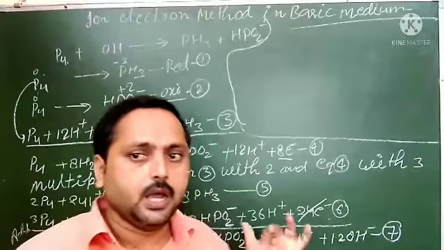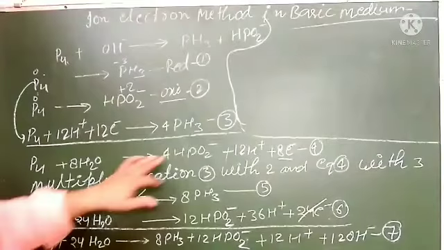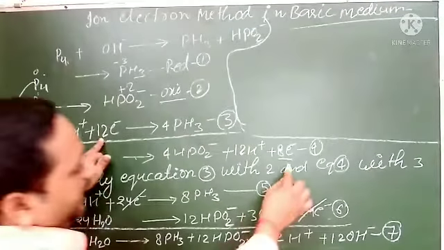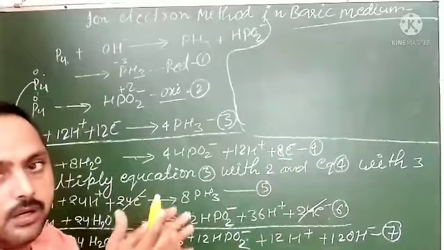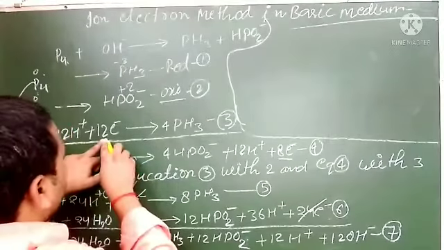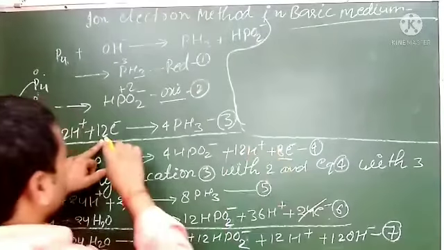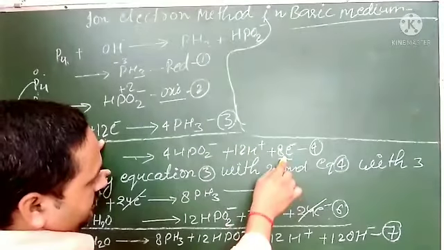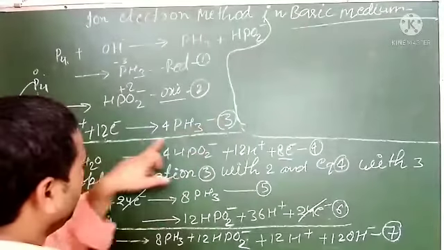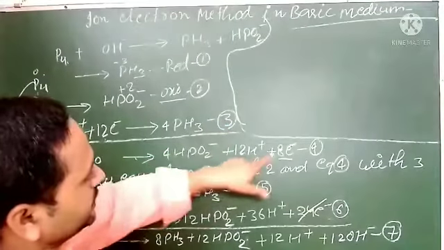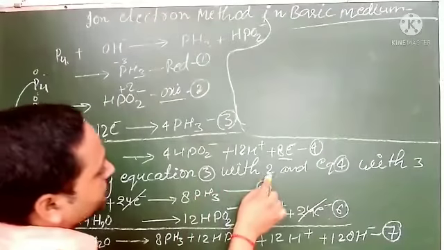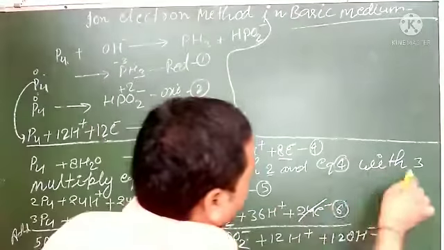Okay. So let us see here how we have made it. So if I multiply this one, here just 12 and 8. So how can we make it equal? If I multiply this one by 2 and that by 3, so this will be 24 and that will be also 24. So what have I done? I have multiplied equation 3rd with 2 and equation 4th with 3.